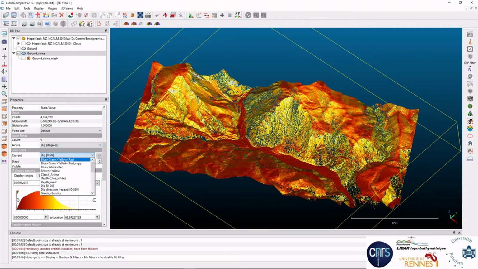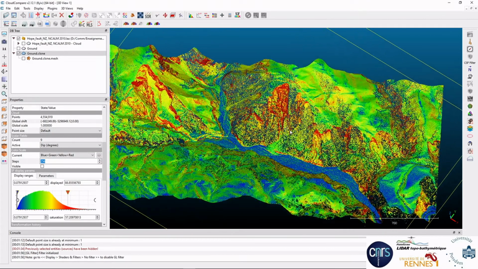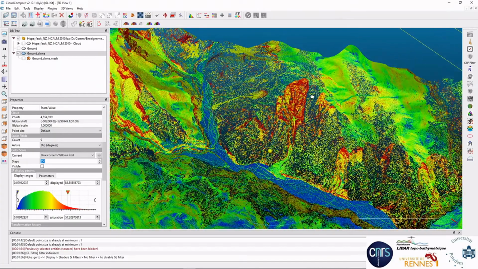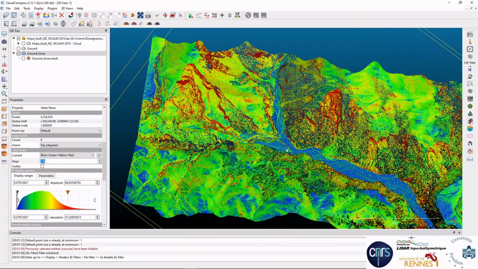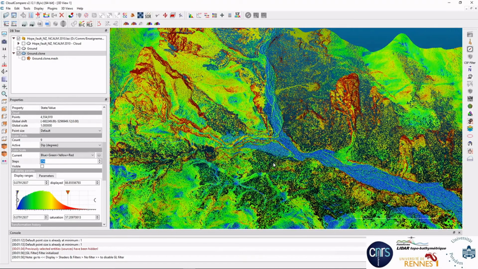If I use, for instance, this color, we can clearly see here the low slope area, the steep part, and some other sharp features, for instance, like a riverbank here.